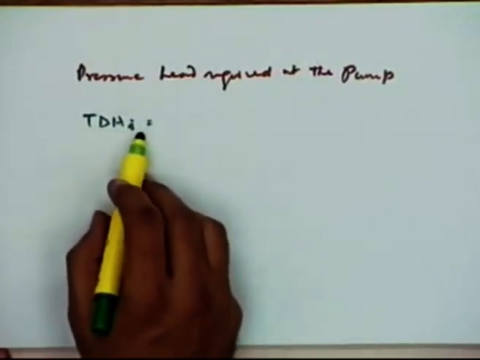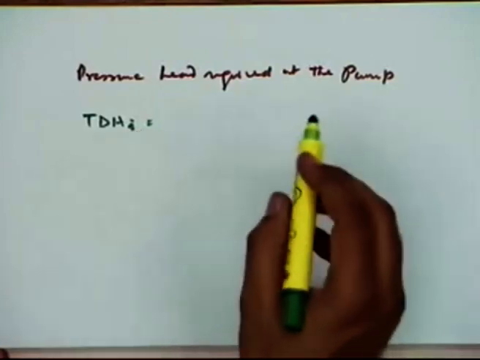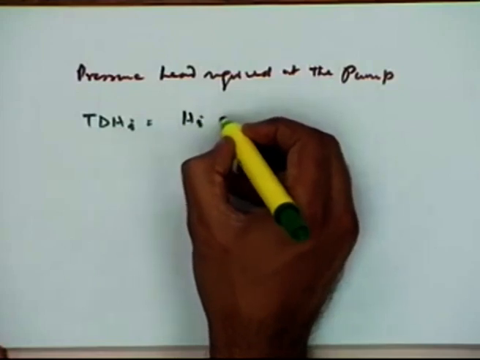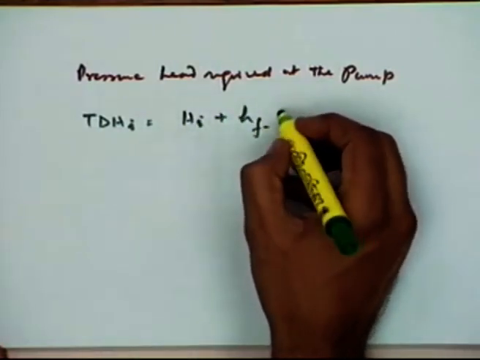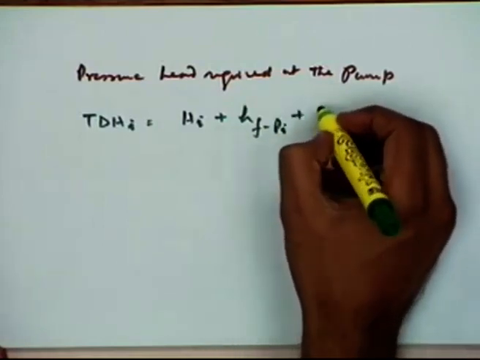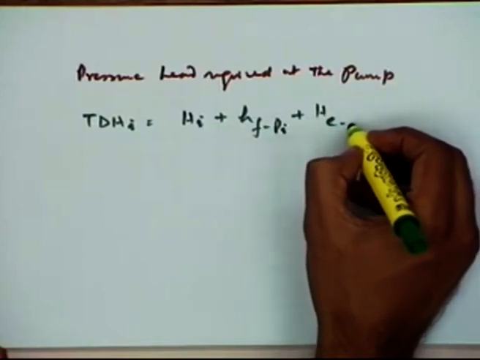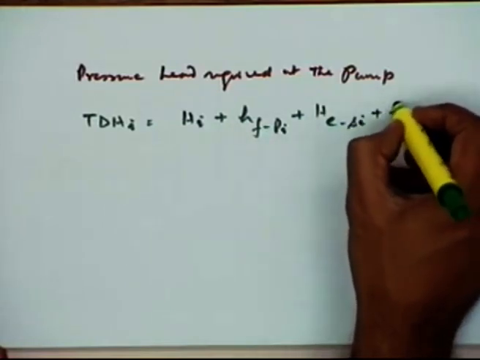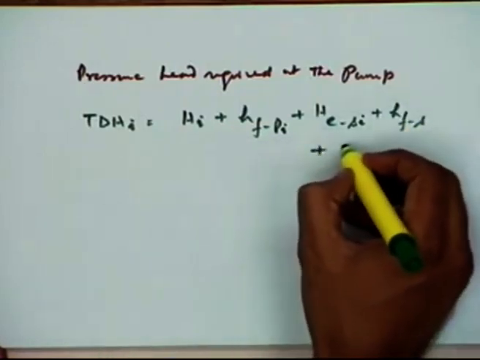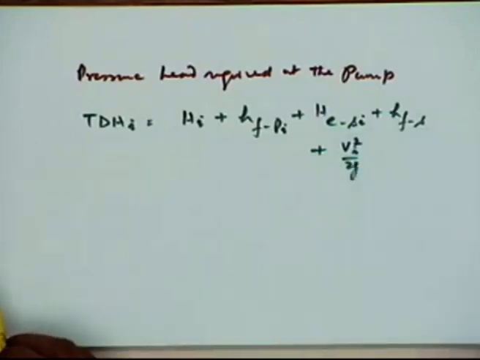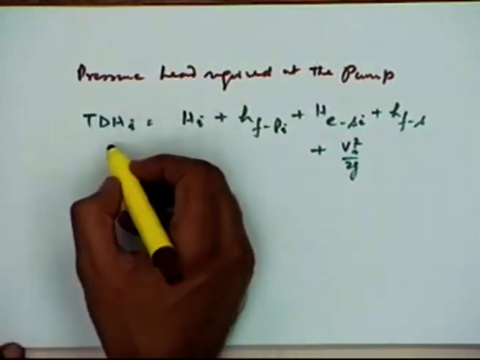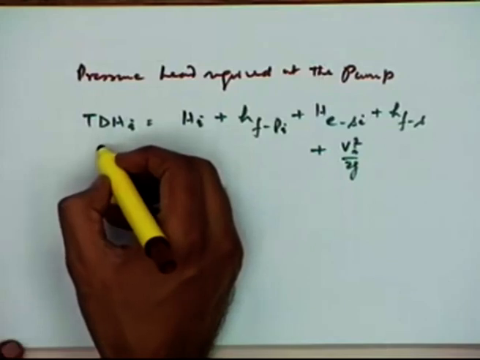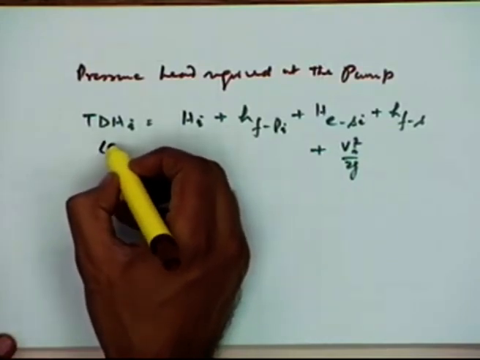and for finding out the total dynamic head of any individual point, you can use this expression which takes care of the various head losses prevalent, as we have seen in the previous case. Now, these are the various items or the terms which must be considered when we are looking at the total dynamic head required at point I. This is the total dynamic head required at point I in the main line, expressed in meters,